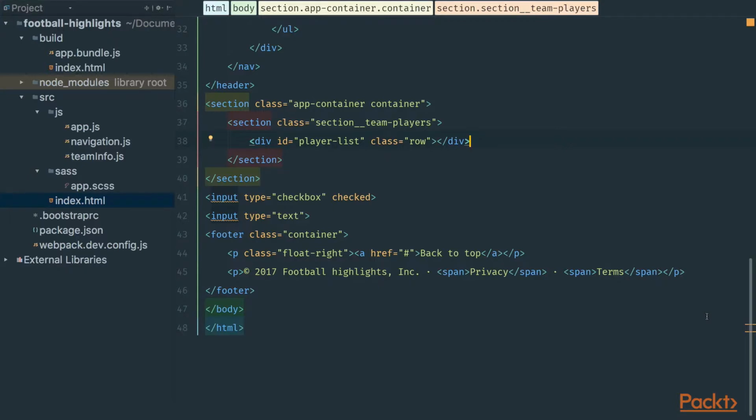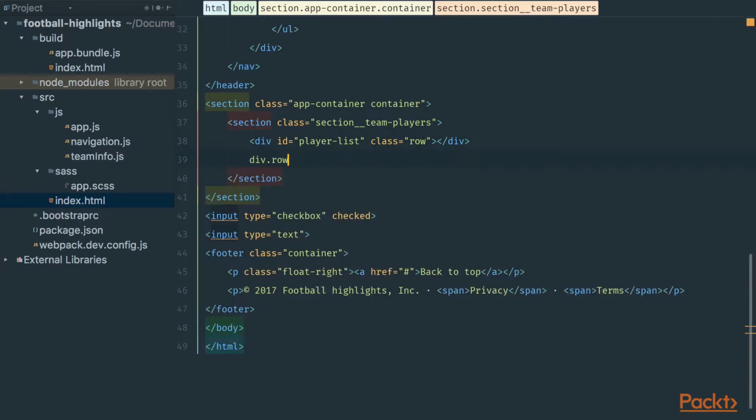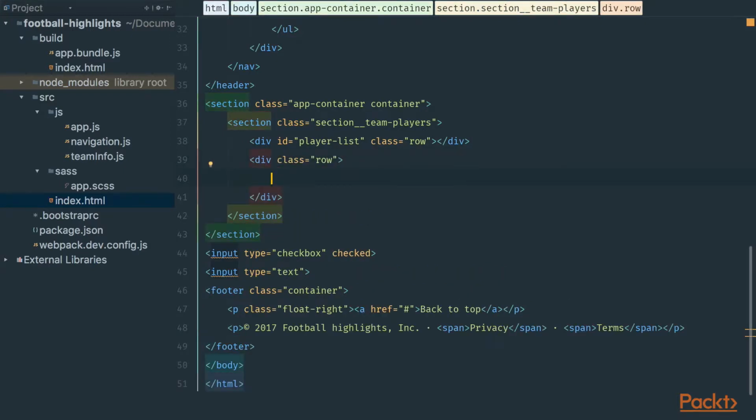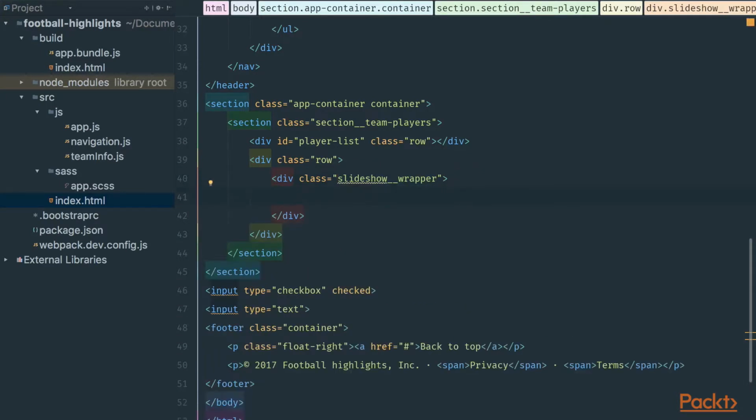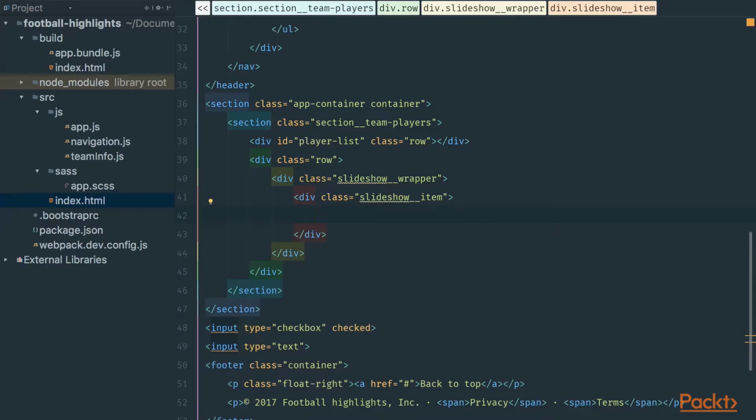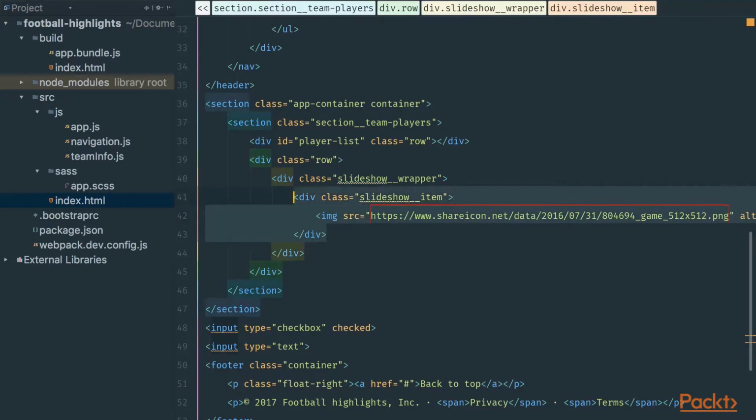So go to index.html and first create the HTML markup for that slideshow. Below the player list, let's create a div with a class row. And inside that div, create a slideshow wrapper. So create a div and type in a class slideshow__wrapper. And in that slideshow wrapper, create a slideshow item. So again, create a div and provide a class slideshow__item. Let's say we want to have an image in that item, so create an image and just paste a random src, and we can copy the slideshow item